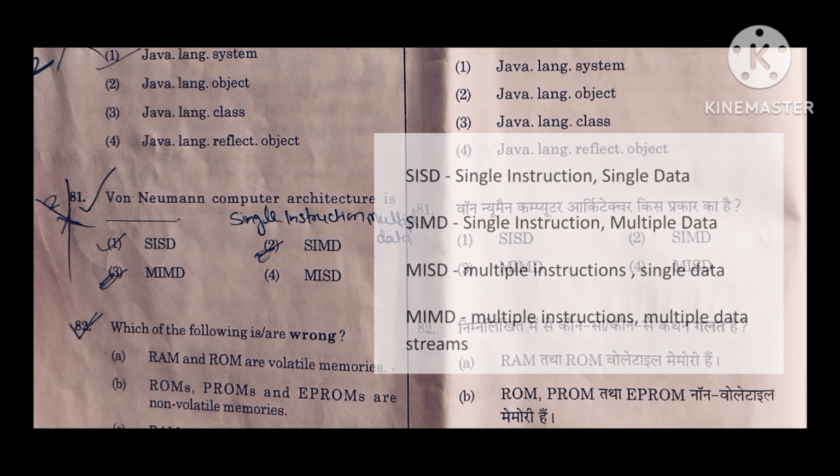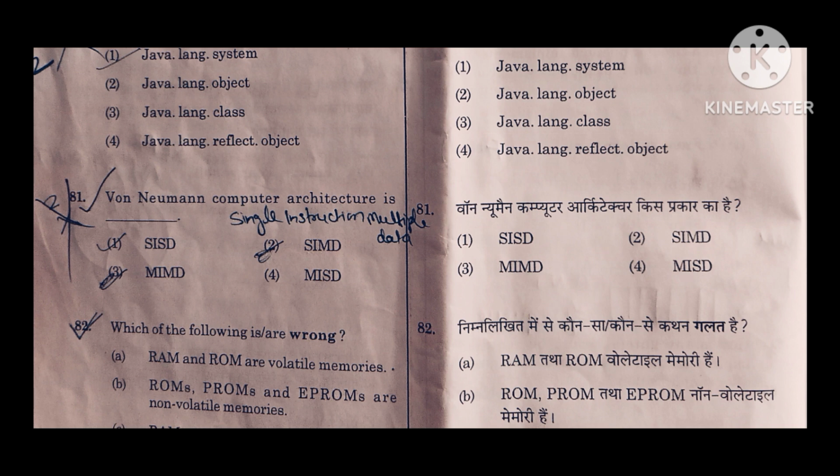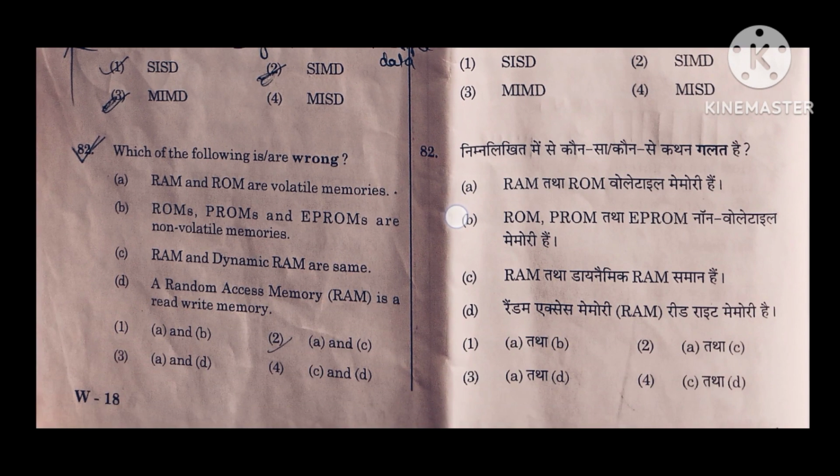As we know, von Neumann architecture is a very basic structure of a computer, so it works on SISD, single instruction single data. It uses a uniprocessor, only a single processor to process a single data and gives a single output. Okay, so now the next question is